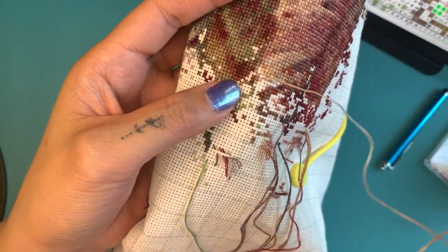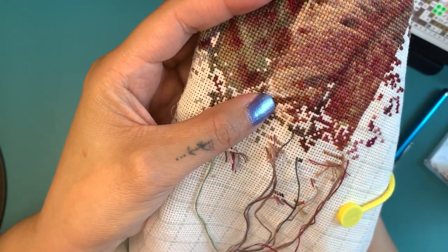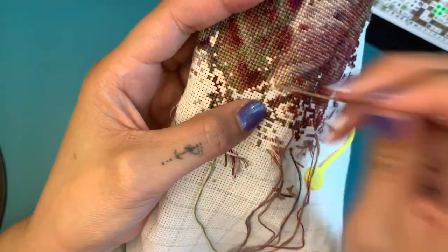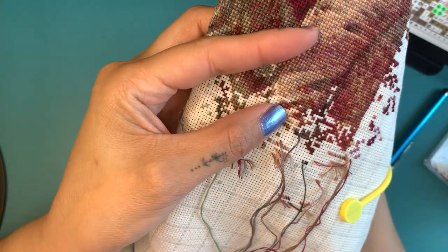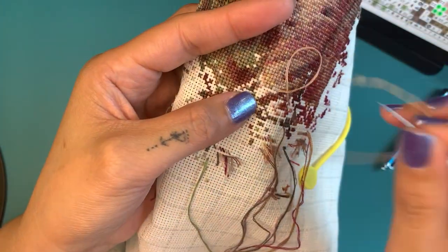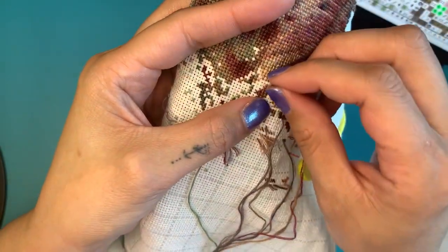When there's that little bit of friction to pull back, I didn't like that. So I'm going to keep it because I haven't tried it on different fabrics yet. I want to try it on some of my different projects, different fabrics, and see, maybe I'll like it better. But